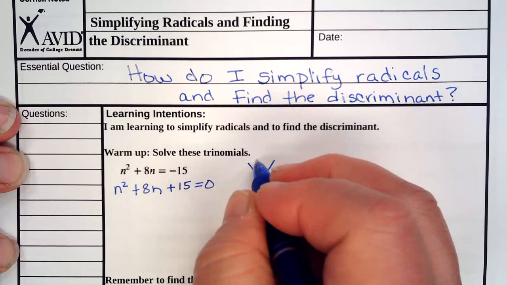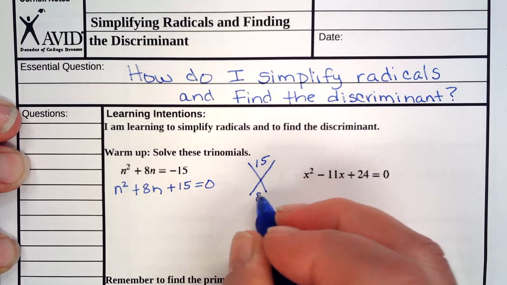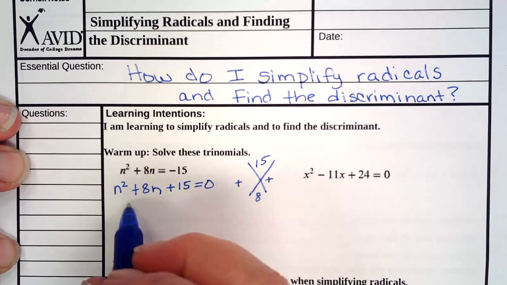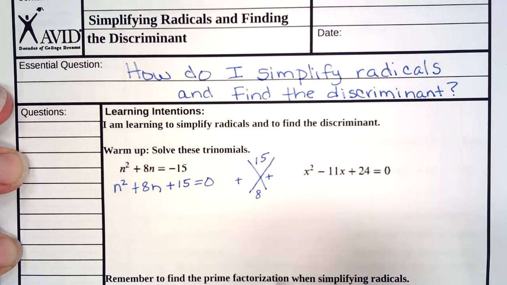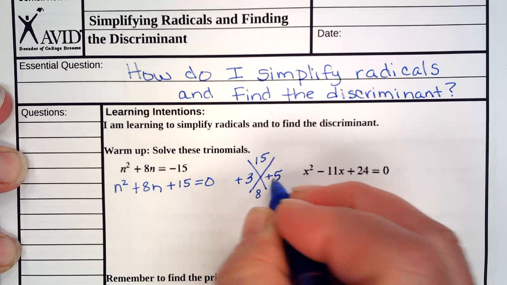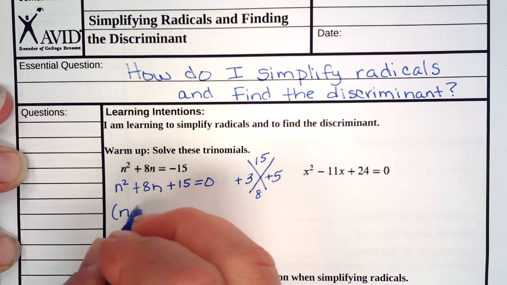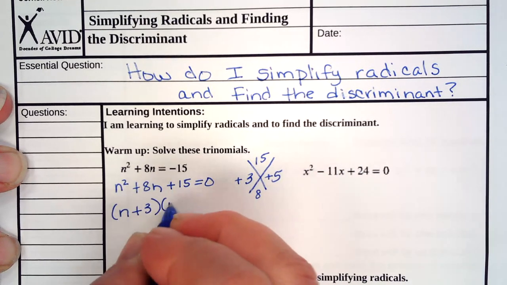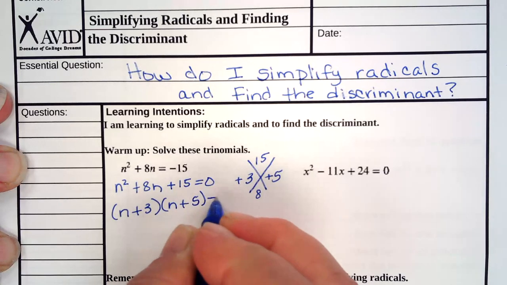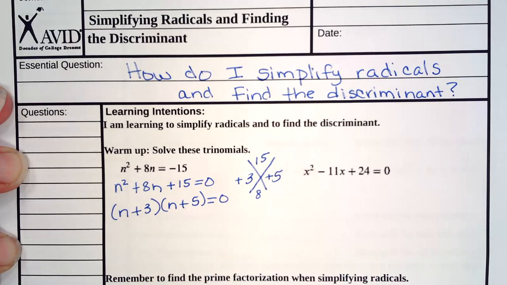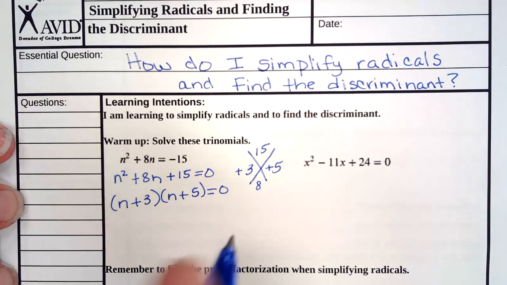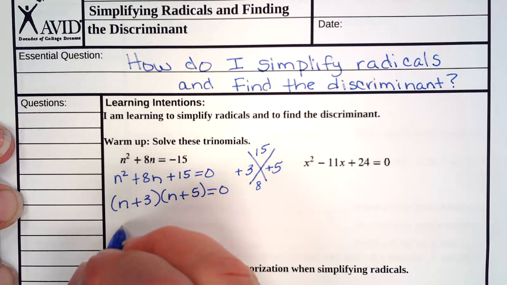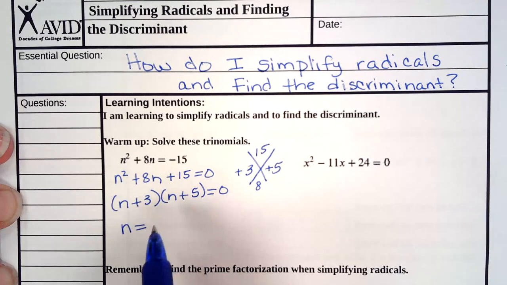So I've got 15 up here, I've got 8 down here, and both are positive. Everything is now positive. What are my factors of 15 that add up to 8? Well, that would be 3 times 5. So n plus 3 times n plus 5 is equal to 0. Now, we've been trying to do a shorthand form of this. So, to be equal to 0, I know n must be equal to